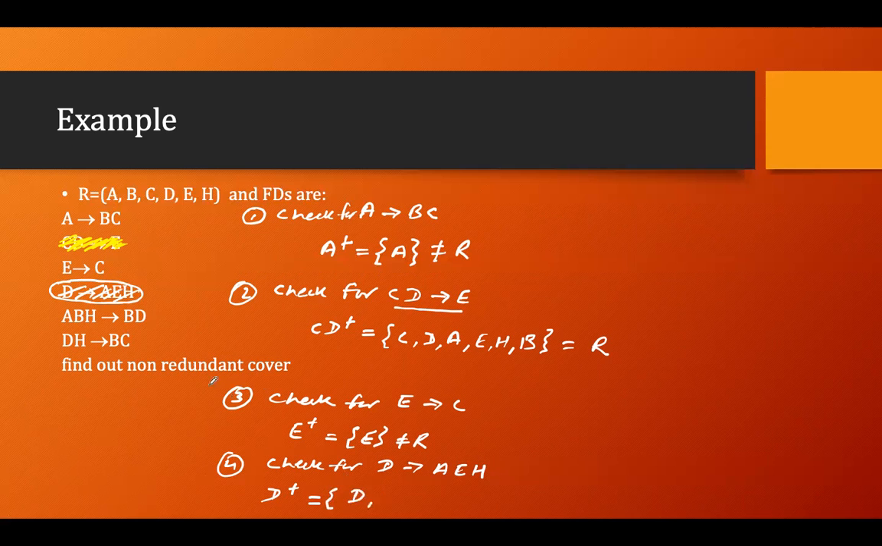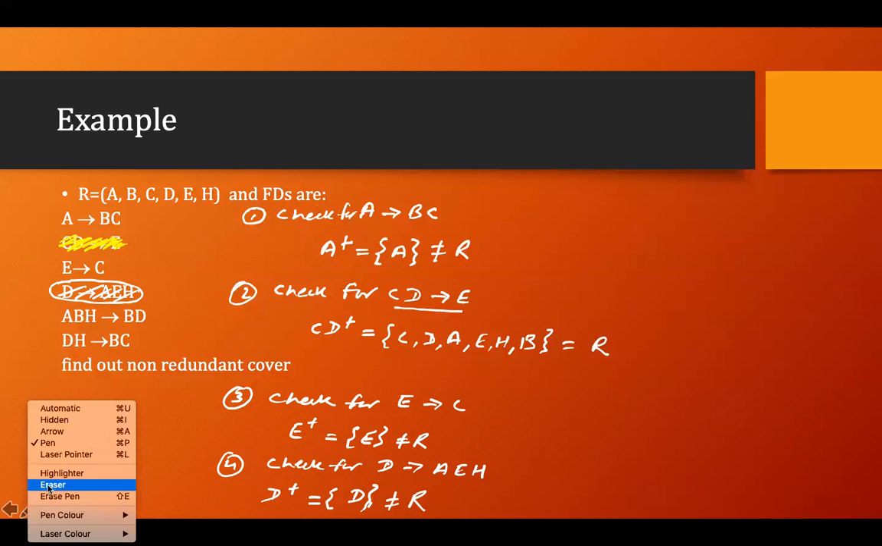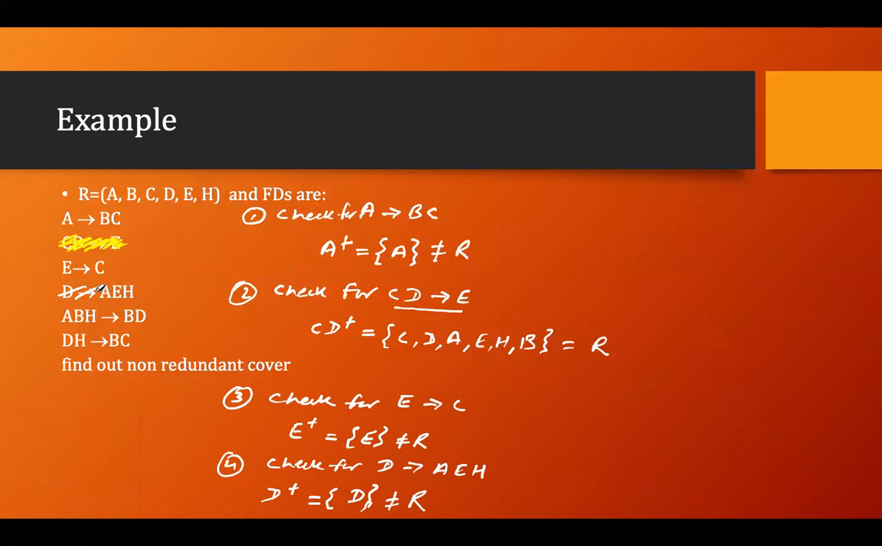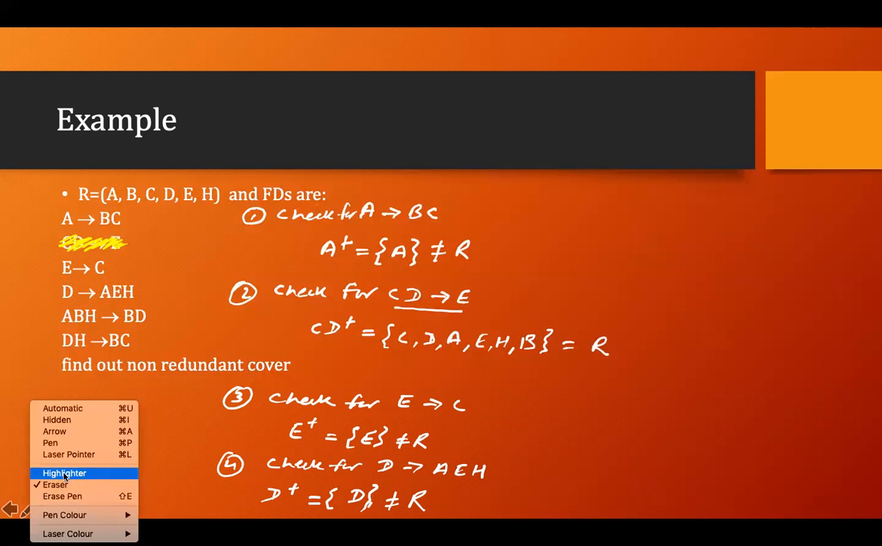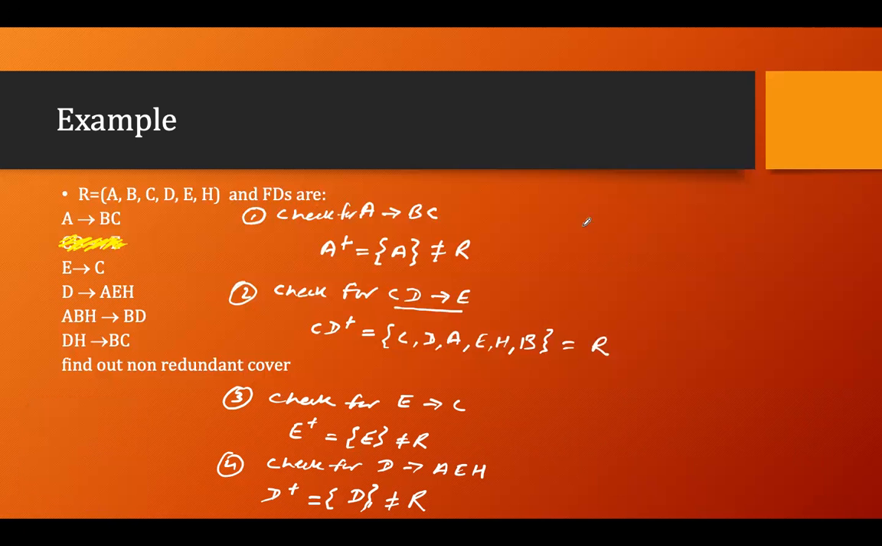Is D determining anything? You will see here, no other functional dependency has D as its determinant part. So we cannot go further, and it is not equal to R. It means that this functional dependency is not a duplicate or redundant functional dependency. It means that we require this functional dependency. Now let's check for the fifth one, which is